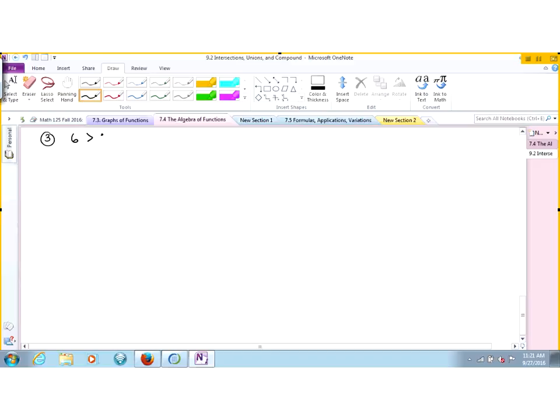Before I put this as AND, now this is changed to OR. 6 is greater than 2a minus 1, or negative 4 is less than or equal to negative 3a plus 2. Okay? And then number 4, we have,